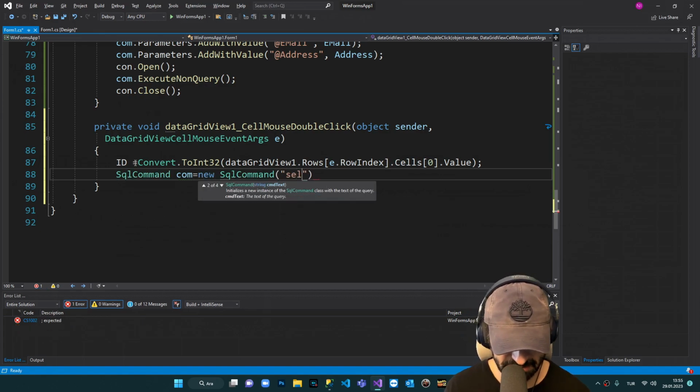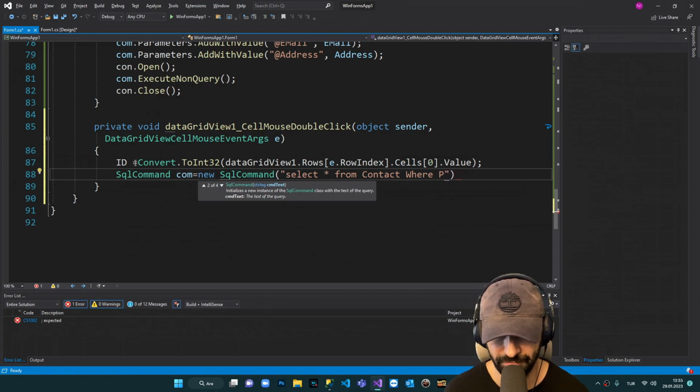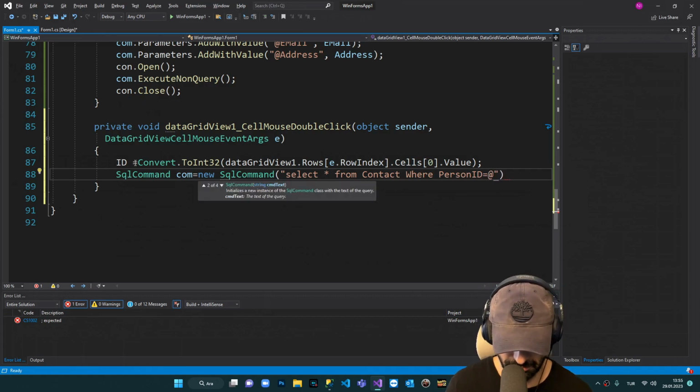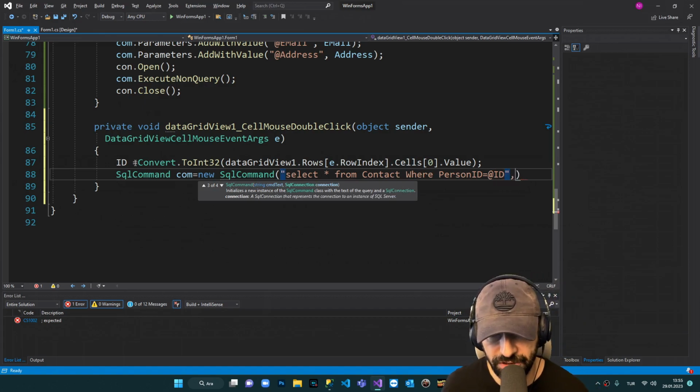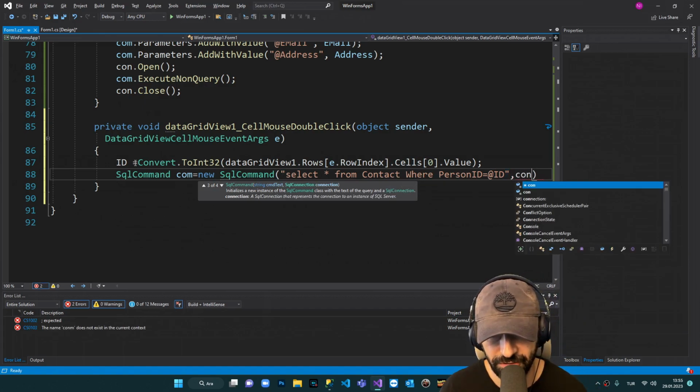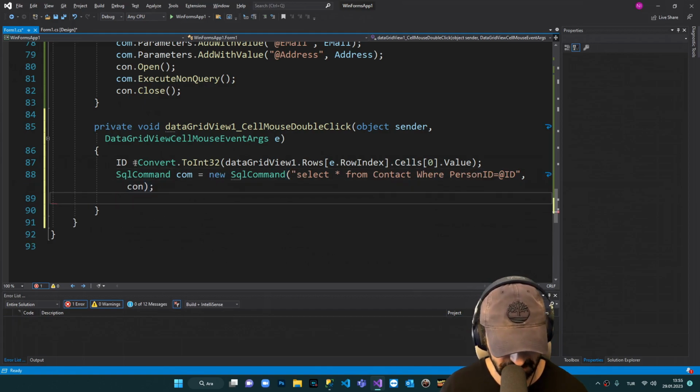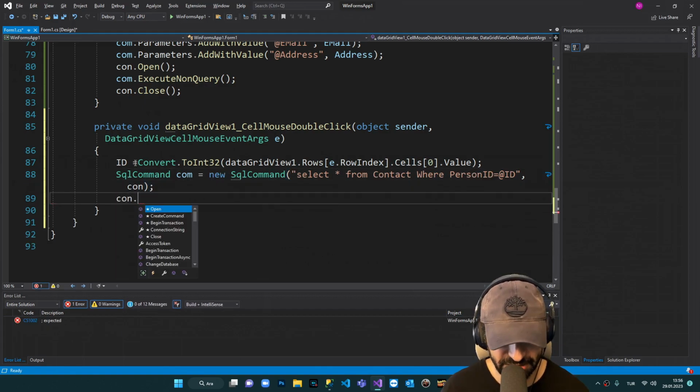I'm going to say select everything from contact where person ID here equals the ID. I'm going to use the connection parameter in order to execute the command. We are opening now the connection,